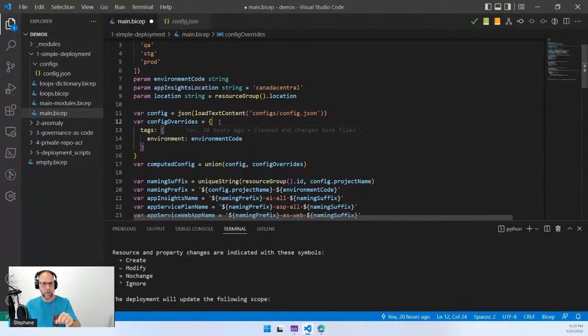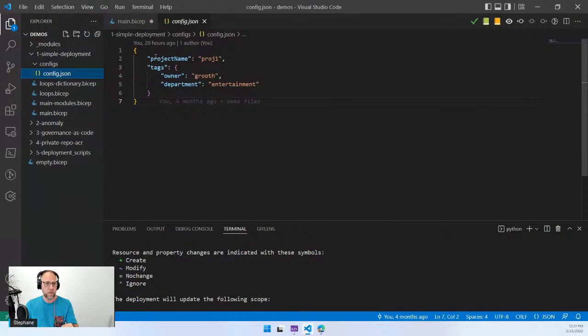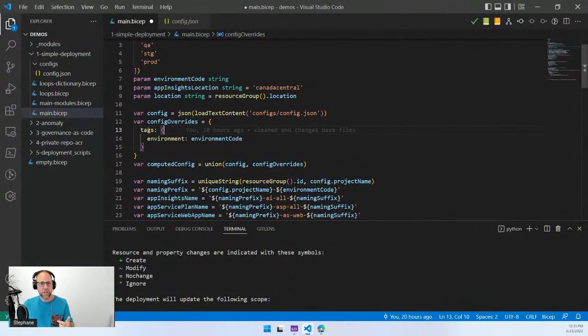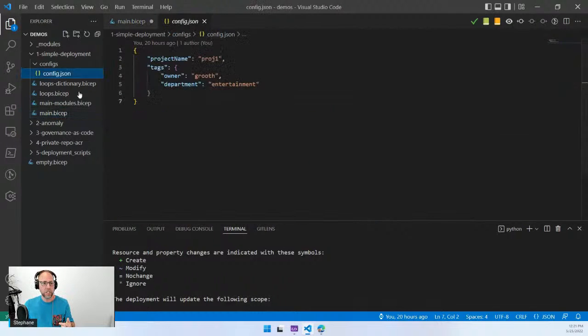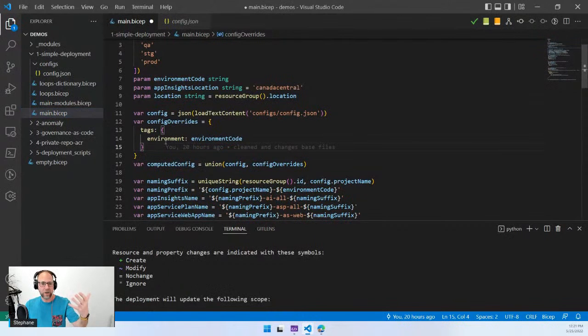Let's say, if I go back here, it's the same kind of schema. There's no schema in JSON for this file, but you can see it's the main thinking. So my main object, I'm not touching project name, but I'm adding a node named tags in this, and I'm adding a field that is not in my config JSON. And what I could do is combine them together,